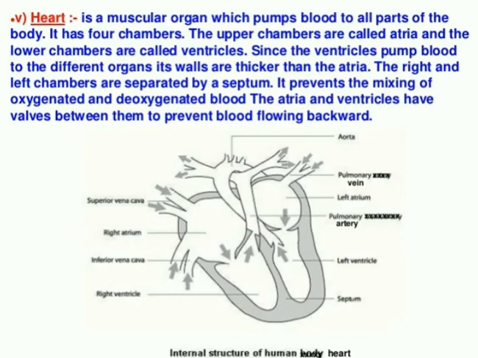And similarly, if you come to our left side, that is the right part, the right atrium and the right ventricle. The right atrium and the right ventricle are separated by another valve called the tricuspid valve. What is it? Tricuspid valve. So look at that. The left atrium and the left ventricle are separated by the bicuspid valve. Similarly, the right atrium and the right ventricle are separated by the tricuspid valve.